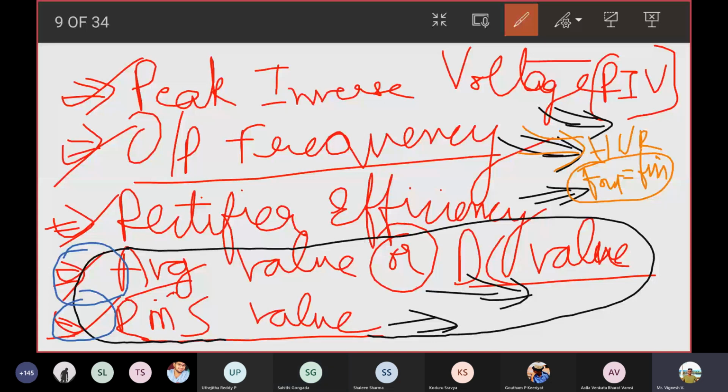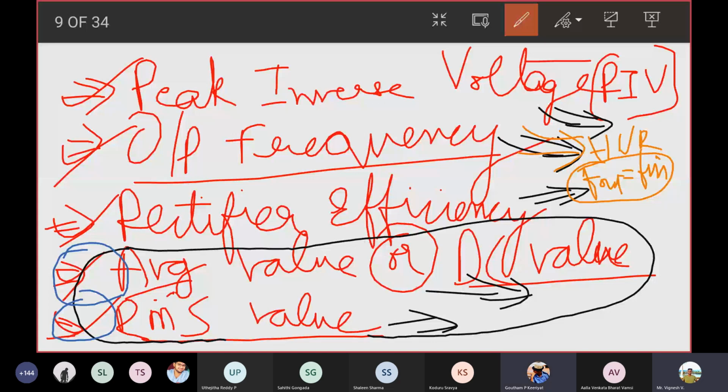So for a half wave rectifier output, if this is how the output looks, I'm going to redraw it all over again. Consider it to be an ideal one, meaning the diode is ideal. It's easier for me to write the formula and substitute. I can do the modification later whenever I need a non-ideal condition. The peak value is Vm, right? From 0 to T by 2 it behaves differently, and from T by 2 to T it behaves in some other way. So I need to write what V of t is.